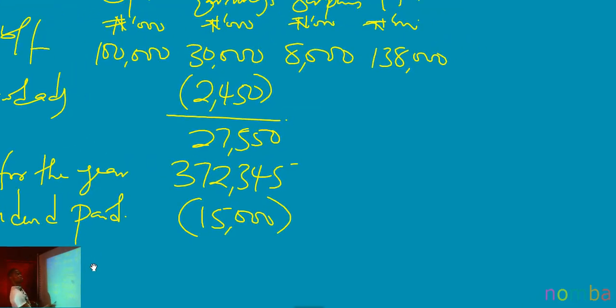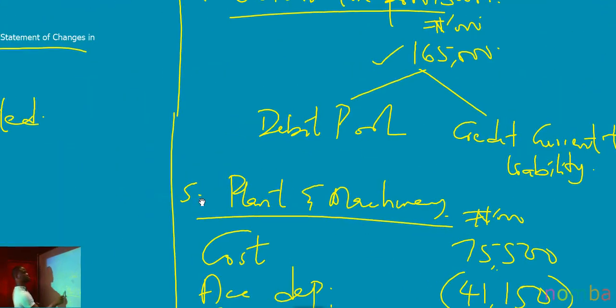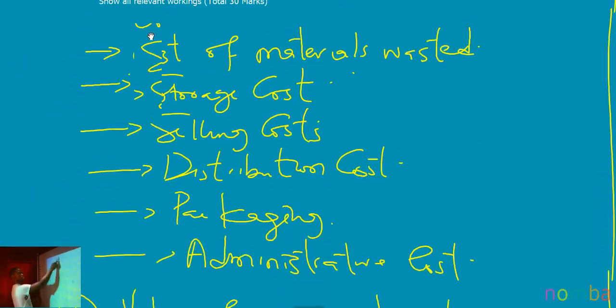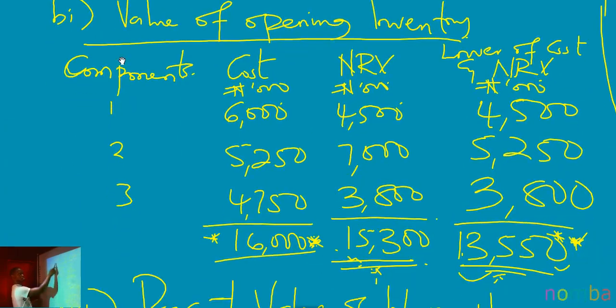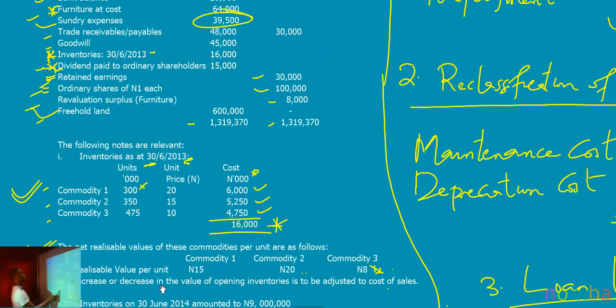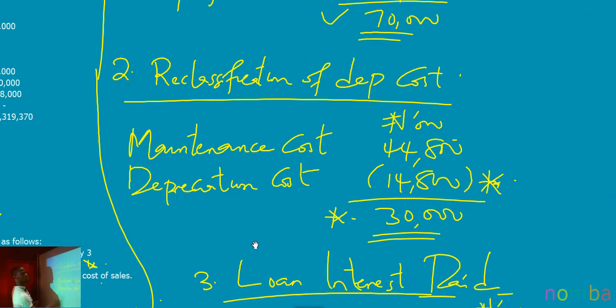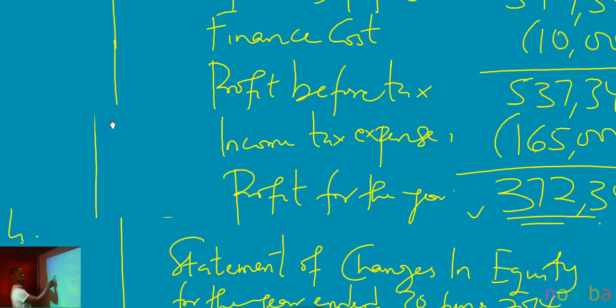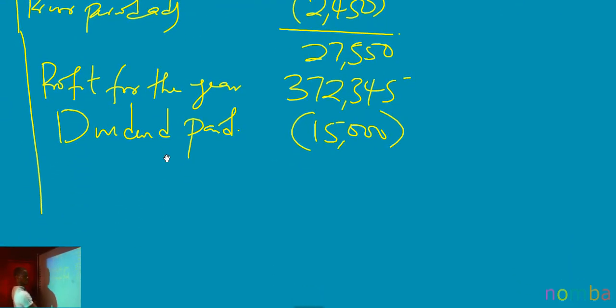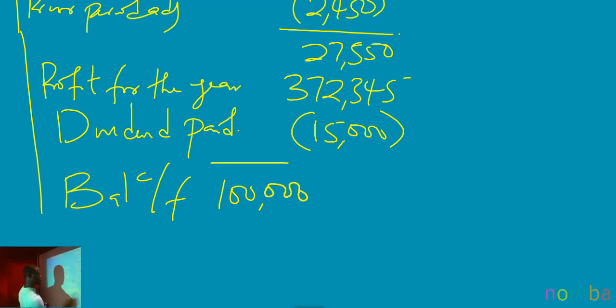Okay? So is there any other item that should affect the equity? There is no other item that should affect it. Okay, let me just go and close my statement of changes in equity. So that will be the balance carried forward. This will remain at 100,000. While this one will be